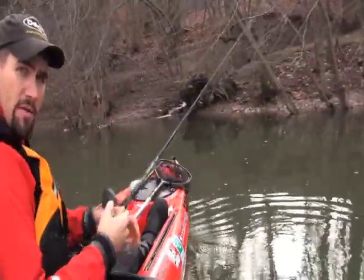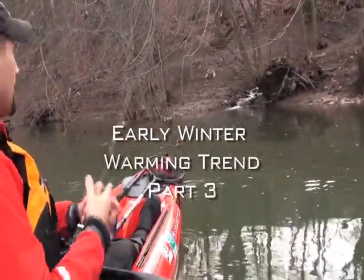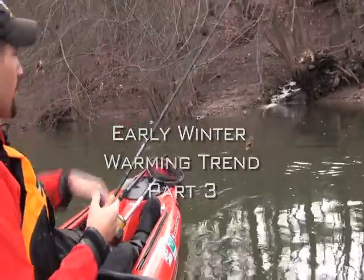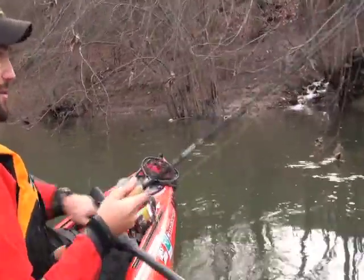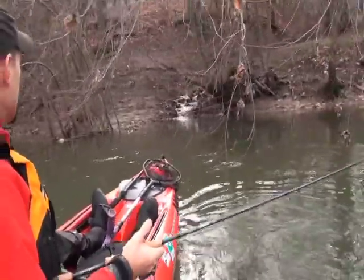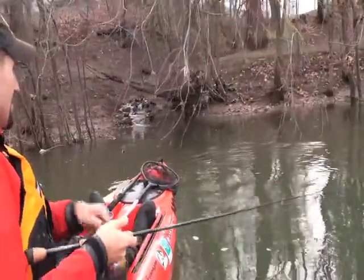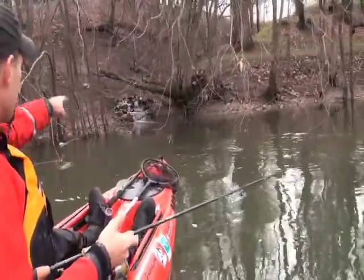There are two things on this bank that are very subtle signs that tell you it's a good winter spot. The first is this tiny little creek coming in. That little notch is going to provide a high water refuge for fish. There's current blowing by out here, but in higher water they can tuck up in there and be out of